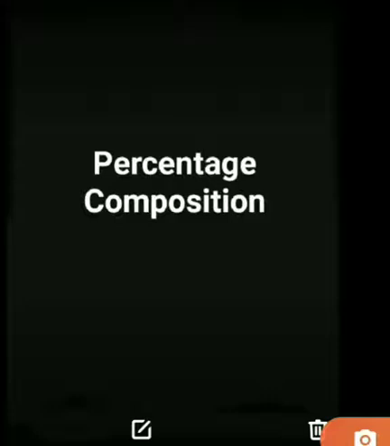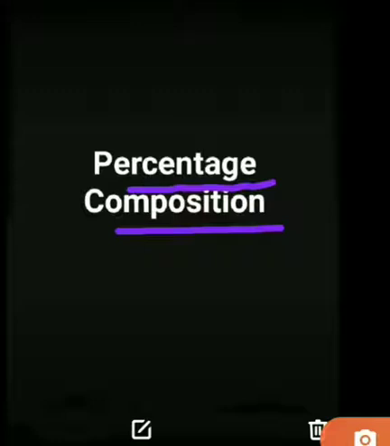Okay, so basically from the mole concept we were dealing with the number of entities present in a given sample. We are just assuming that 1 mole of a substance is equal to this, or 1 mole of a molecule is equal to this and that. So here we are getting only the number of entities present in the given sample. But when it is required to know the percentage of a particular element in a compound, then it is required to have its percentage composition. So that's why it is necessary to study percentage composition.